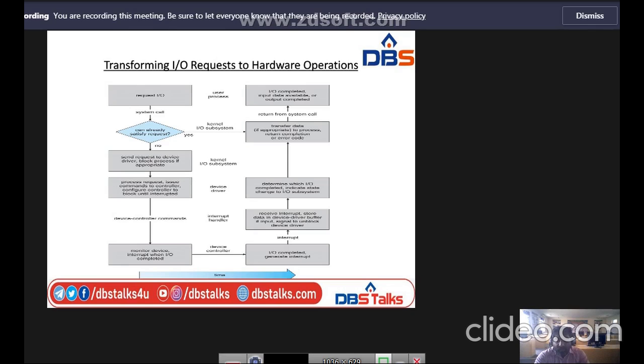Okay, if you see the representation here, on the left-hand side we have the request for IO and next the system call. Can the kernel already satisfy the request? If yes, then the kernel IO subsystem will transfer the data. If no, it will send the request to the device driver, blocking the process if appropriate. Next, process the request, issue commands to the controller, configuring the controller to block until interrupt, and finally monitor the device's interrupt when IO